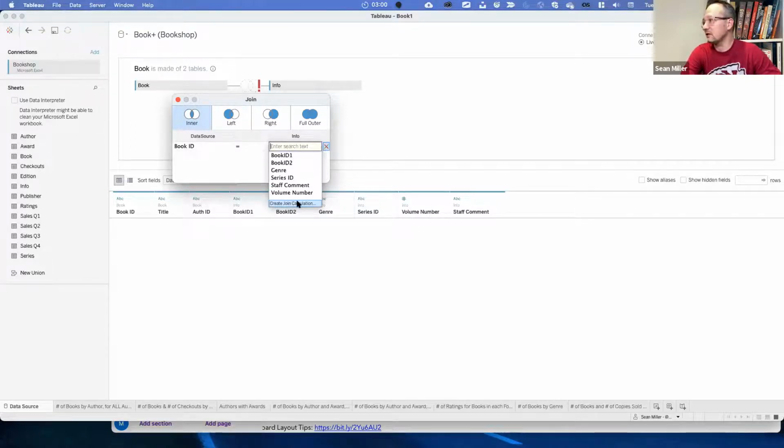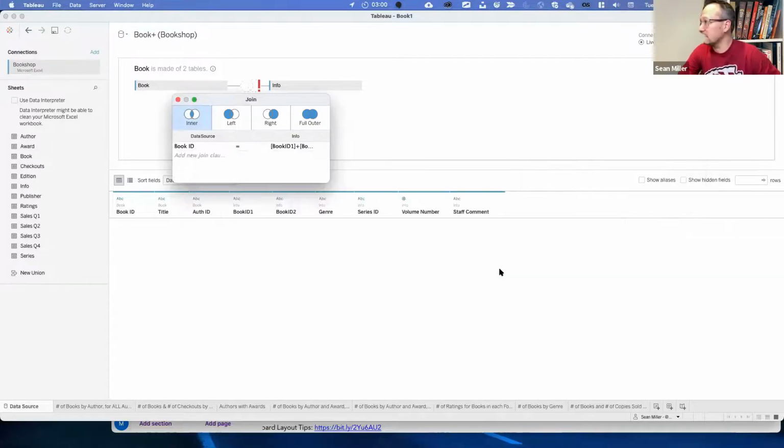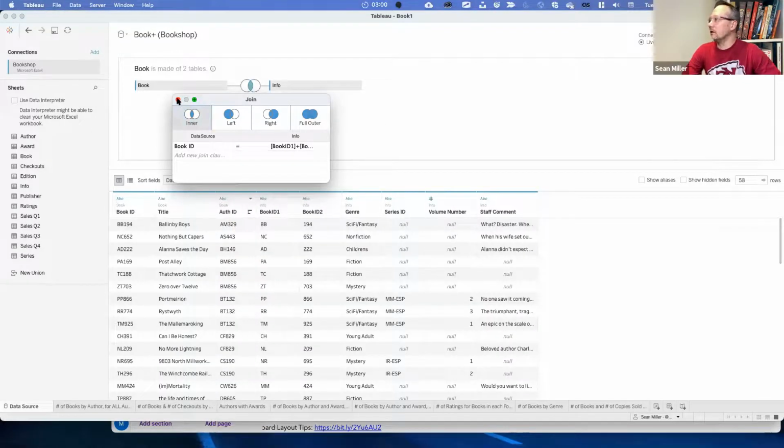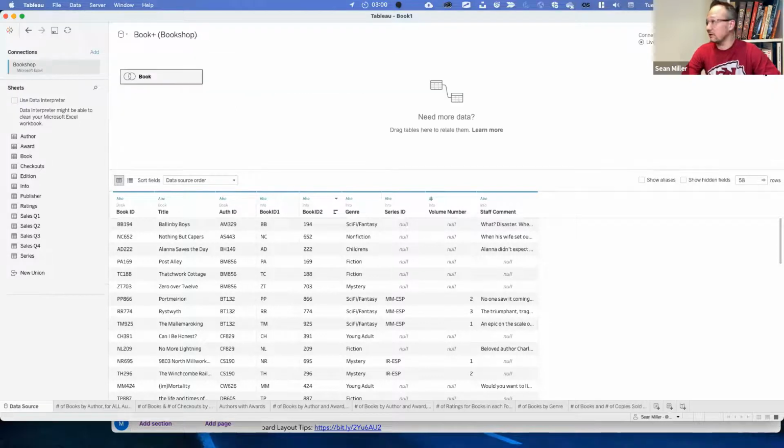I do need to create a join calculation to get these two together. It's book ID 1 concatenated with book ID 2, and we can inner join that on book ID from our book table. I'm done with that join. And now you can see I've got my table just like I want it. Now I'm going to click out of the physical layer to go back to the logical layer. And now I can just start bringing out my other